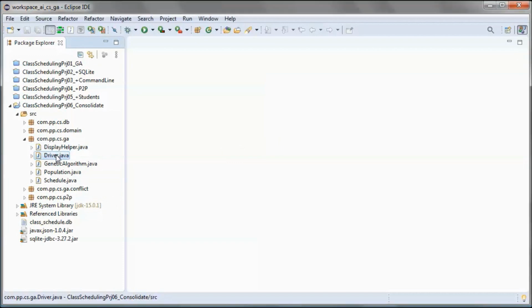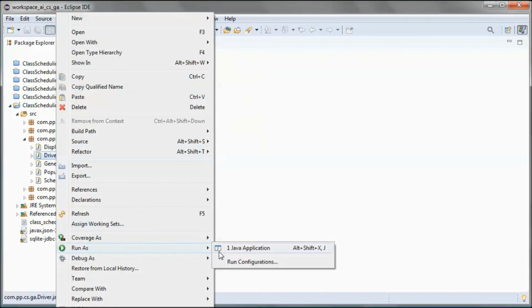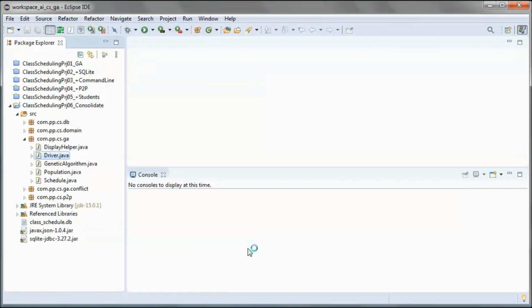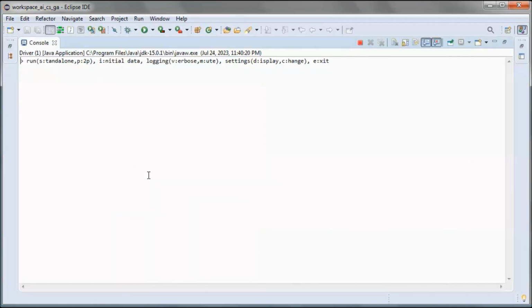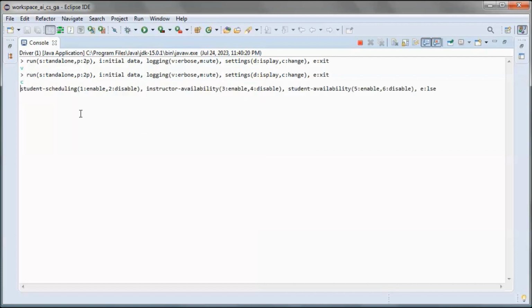And let's run it again, and we're still going to run in verbose mode, and let's change the settings, and we do not want to do student scheduling, so let's disable it.